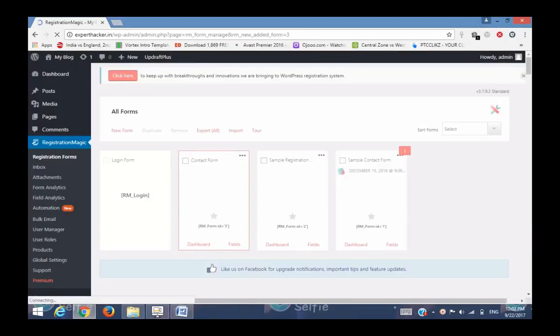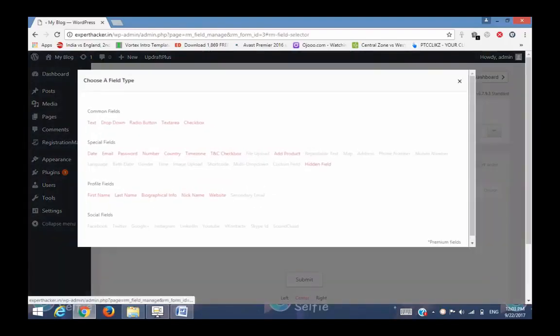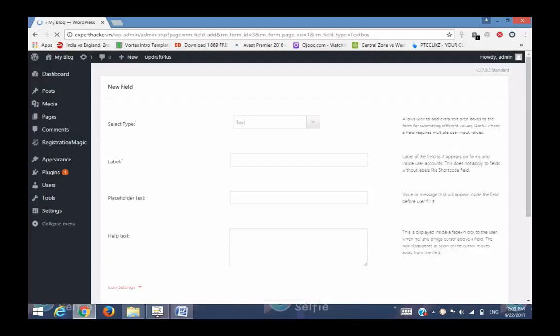Now you can see this contact form here. I am going to add fields right now, so click on Field. Now you can see only the email field is already given here. I am going to add more fields according to my requirement. I just click on Add Field and add a text field for username or name. Here the text field properties come, and in the label you put your content.